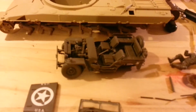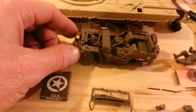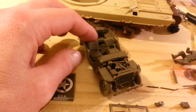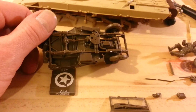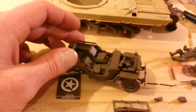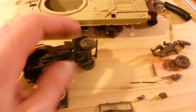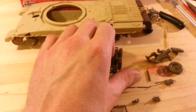Okay, here we have the Willys Jeep, a little bit worse for wear. Now unfortunately this is how I used to build my models. Build them, put the transfers on, and that was about to fall off, and that's all I did. So I reckon with this,